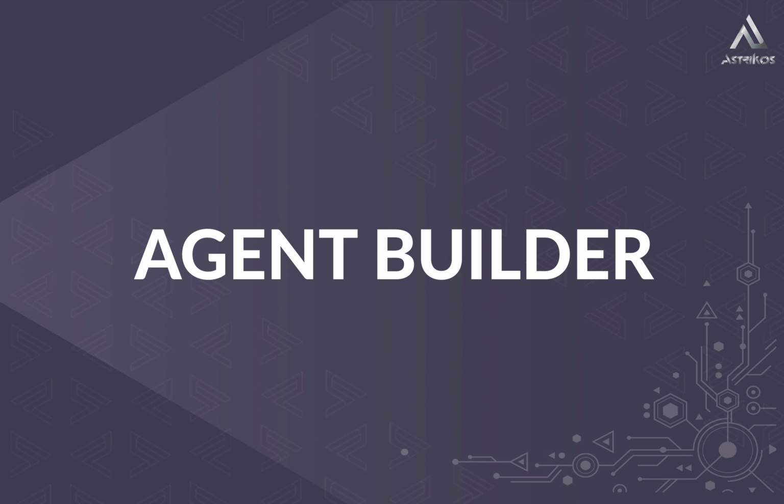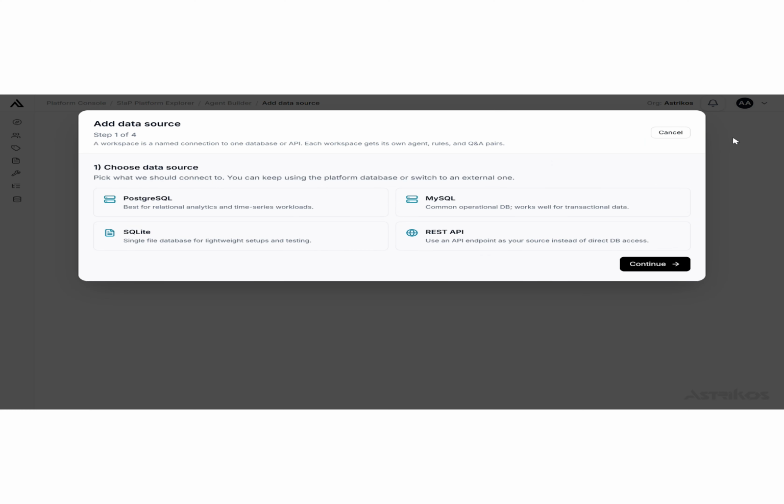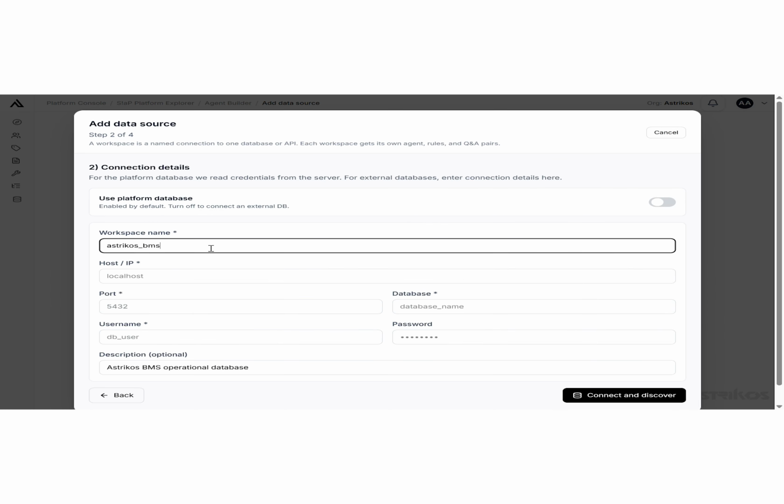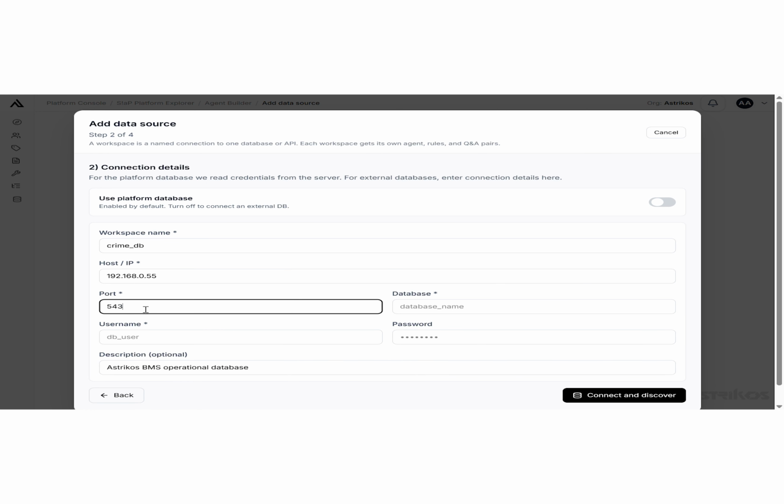In this session, we'll explore how users can configure AI-powered agents. To begin, click on Add Agent. The platform supports multiple connection types including PostgreSQL, MySQL, SQLite, REST API. Select the required data source based on your operational environment. Next,